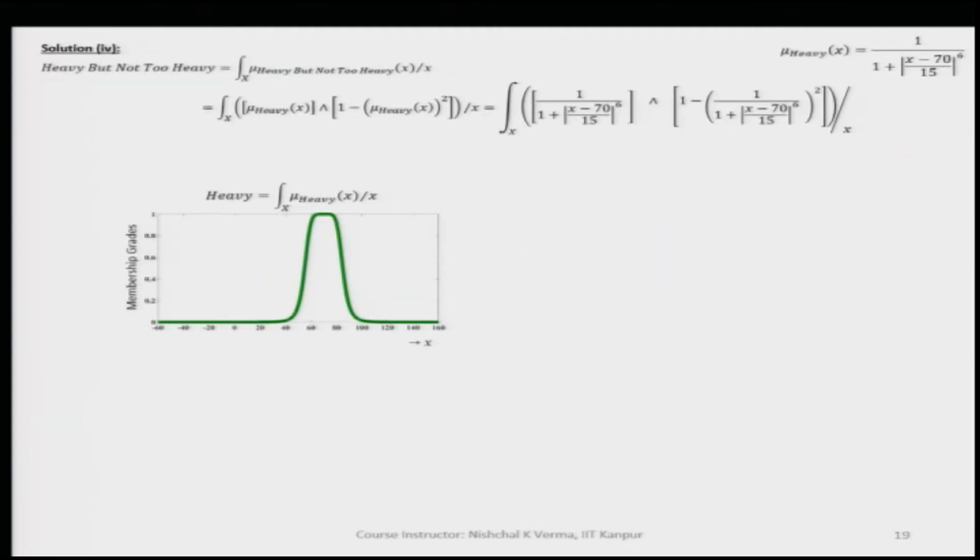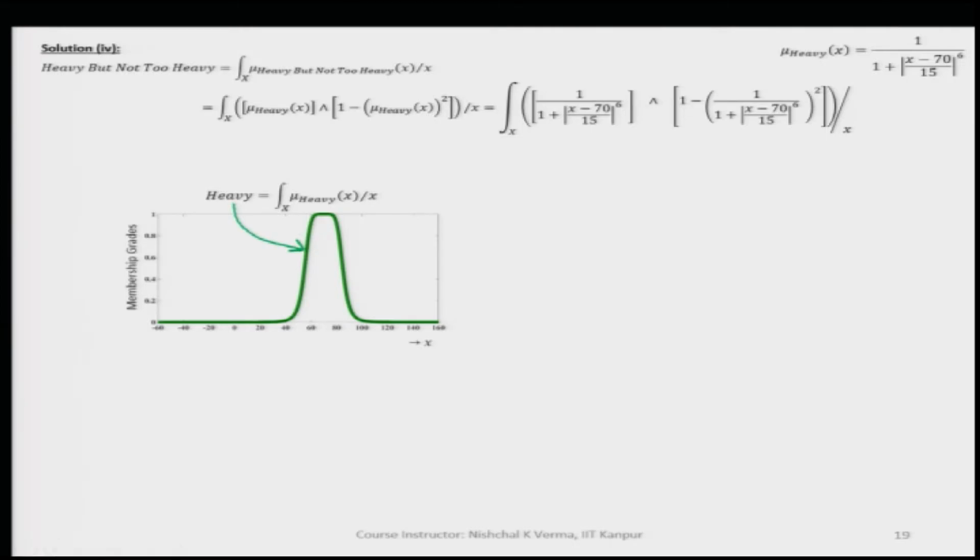Now, let us take another example of a composite fuzzy set, where we need to find heavy but not too heavy. We have the fuzzy set representation for the linguistic term heavy, and here also mu of heavy is a bell shaped membership function.